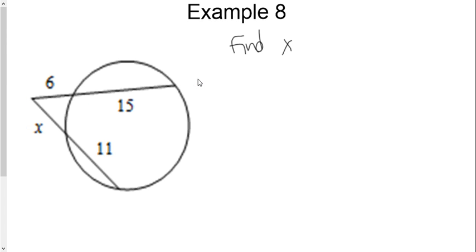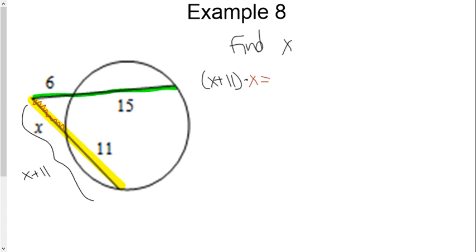And one more example, very similar to it, we now have the secant secant, which is where we take the whole length here and the whole length here, because we can't combine a number and a variable, is x plus 11. So we do x plus 11 times just the outside piece, which in this case is just x. So if you see here, before we had a number here, we can't divide by x. So this would be a good time where we're actually going to have to distribute. So this is going to be equal to